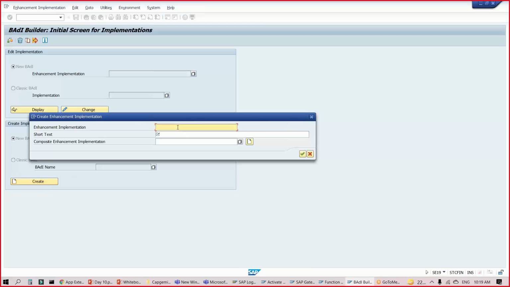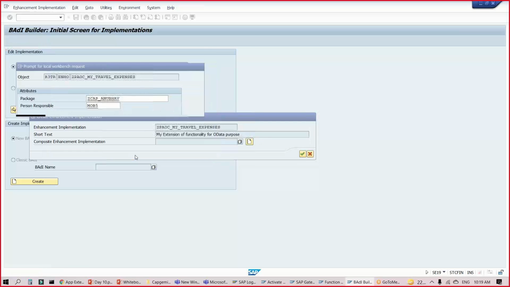Now you can see it is asking me to create an enhancement implementation. Let me start with Z and the actual name, and let's give a short text, my extension of functionality for data purpose, and I click on OK.